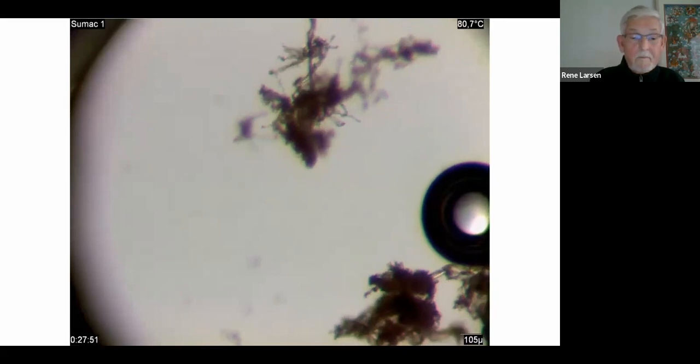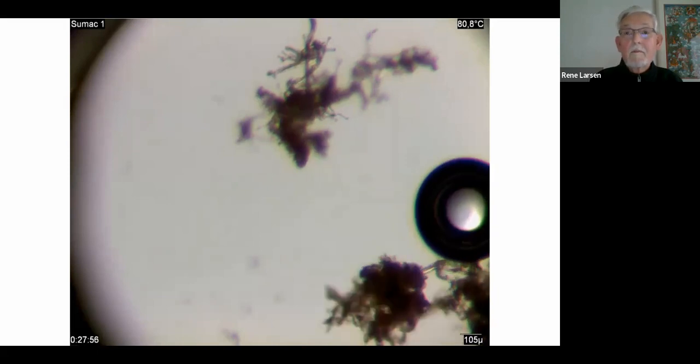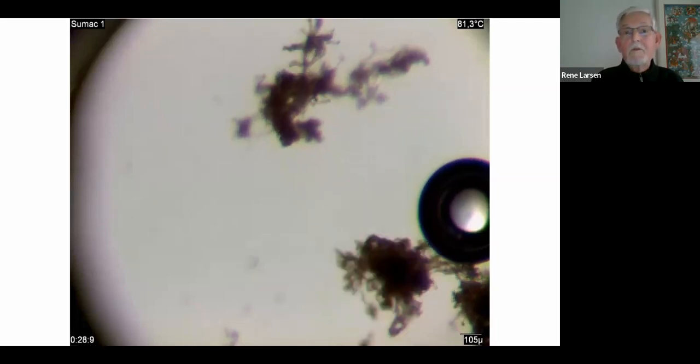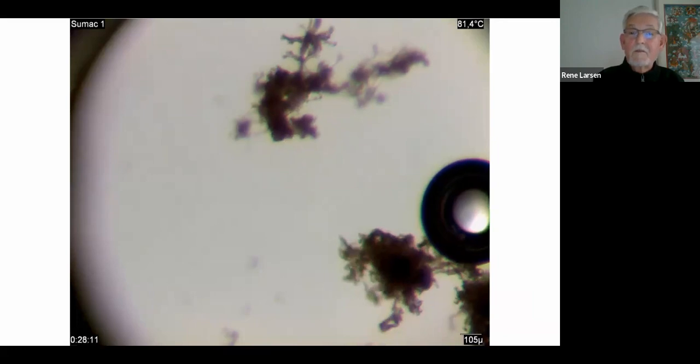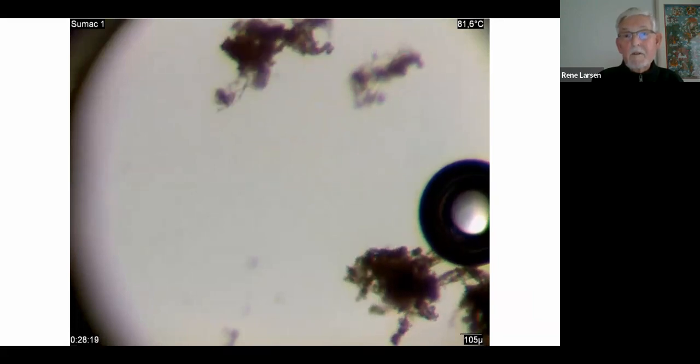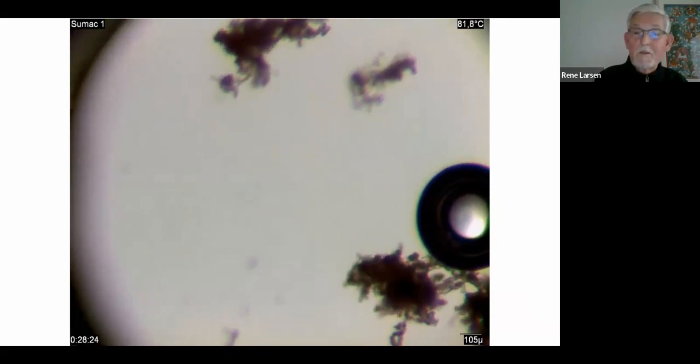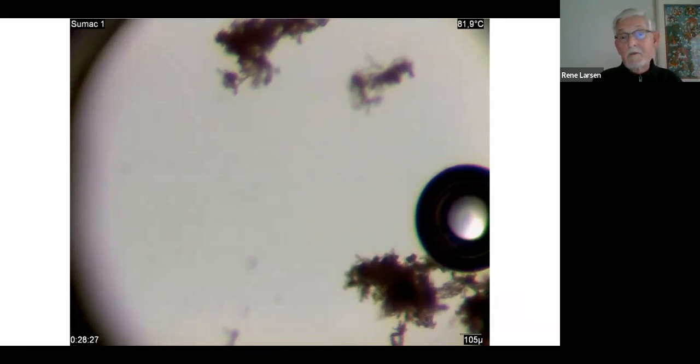So still around 2 minutes left before we reach the end of the C interval. But it shows you how strong the shrinkage of the fibers are. So when you have come so far, there's no return back to the original structure. And sometimes you will see that happens